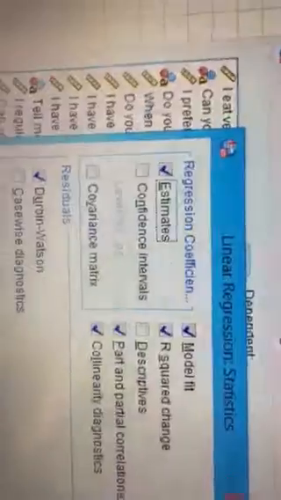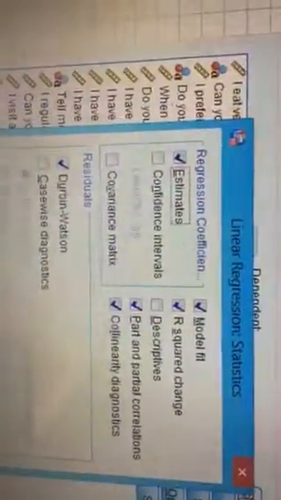Okay, so I've loaded a bunch in, and the next thing we want to do is look at statistics here. So what is it we want to measure? Okay, well, I have everything pretty much checked that I want. So